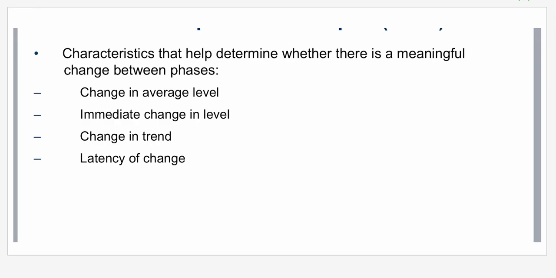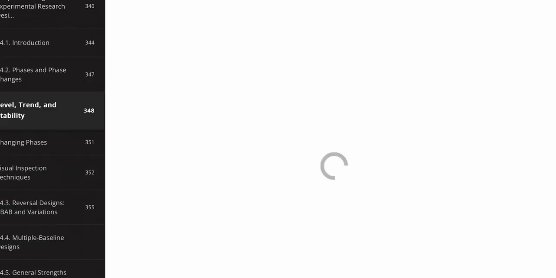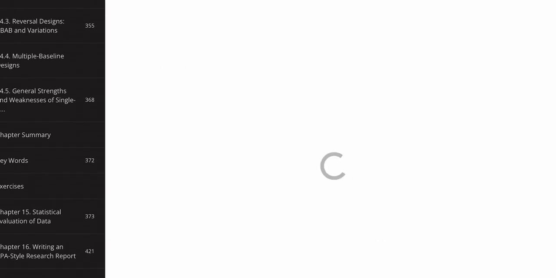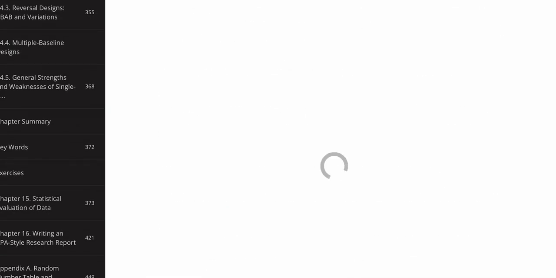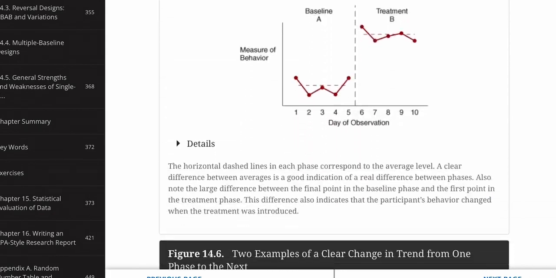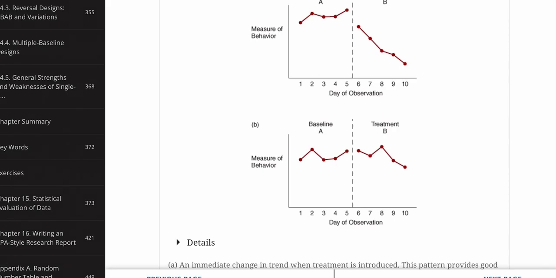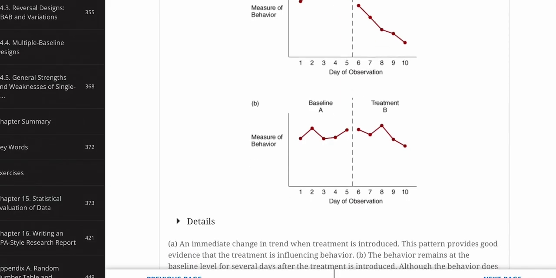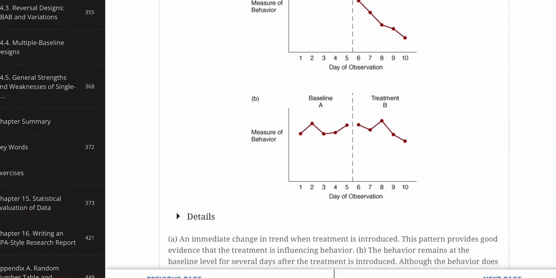And then the last characteristic that we can look for is the latency of change. To give you an example of that, we're going to look for figure 14.7. Let's see if I can find it. Oh, wait, it's right here. 14.7. Here we go. And so you can see in graph A that there is an immediate change in the trend when the